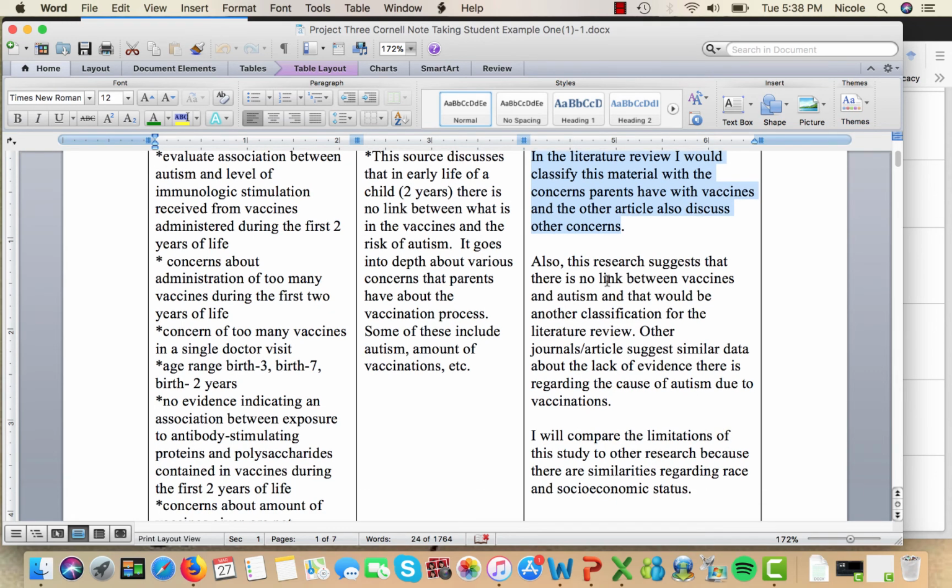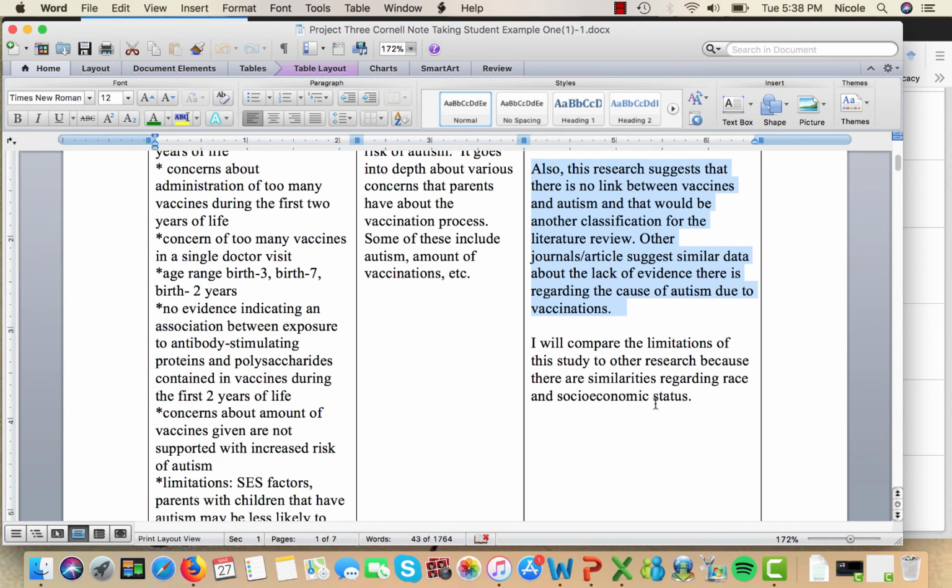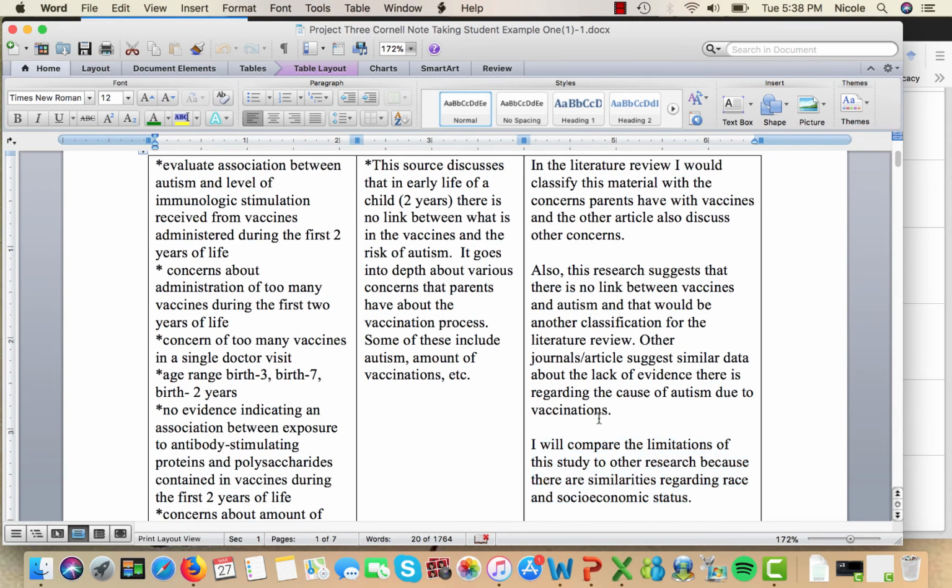You can also add in here significance, right? This is stuff that you would use in your discussion section. And then here is a note of how this source will be used in the overall project.